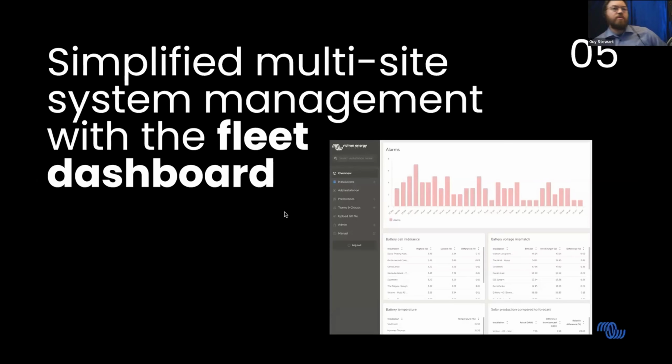So I'm going to be talking about how we're simplifying multi-site management of VRM. Now, this is a real cross-site approach. To give a bit of background about what happened, when we first started with VRM, it was really oriented around a single user's experience, a single site experience. And pretty quickly people started to add multiple sites to that. They started to grow their fleets out, but we expanded from a single site beyond.